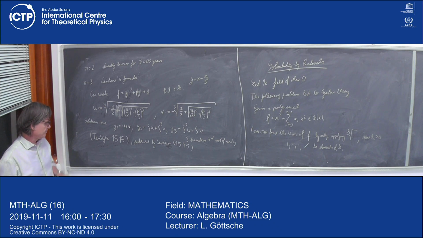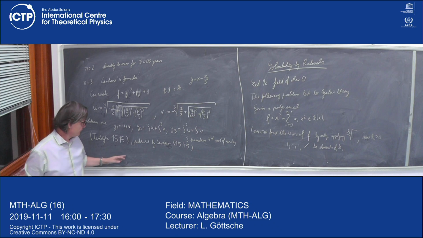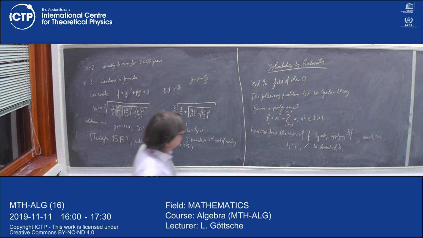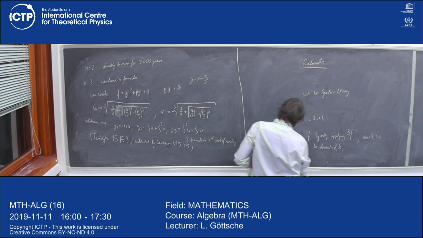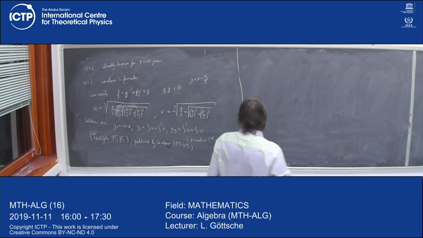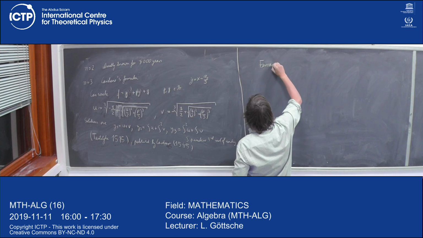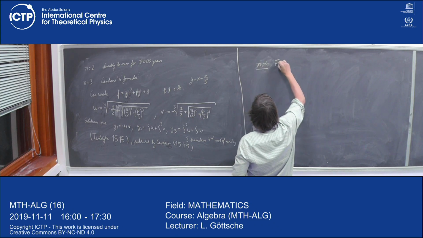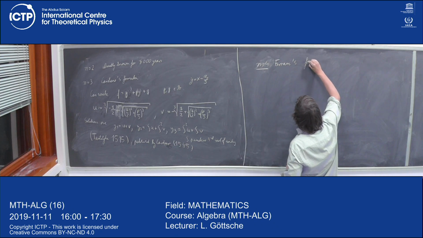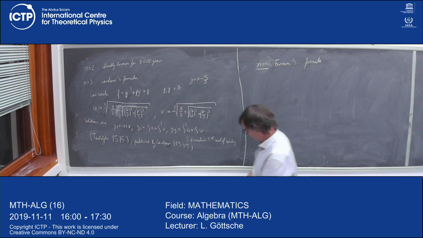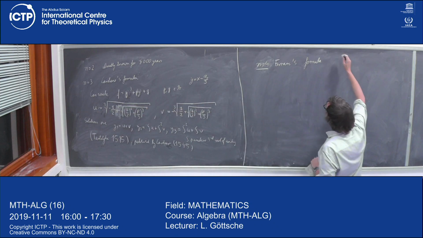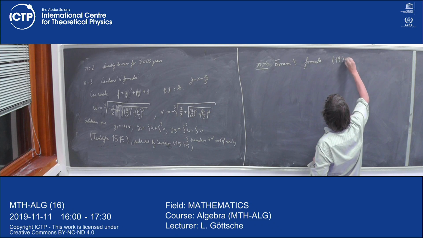And anyway, at any rate, when he told this to Cardano, Cardano showed it also to his student, Ferrari, who saw from it how to solve equations of degree 4. So we have Ferrari's formula, so n equals 4. I don't think it's related to cars. Anyway, supposedly he proved this around 1540,